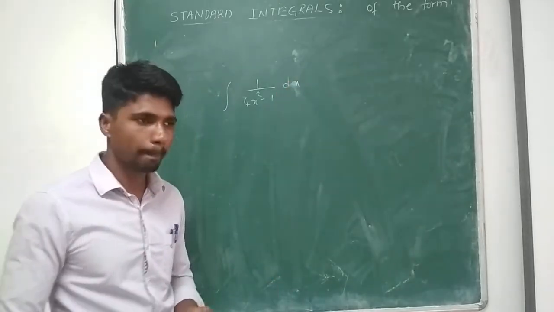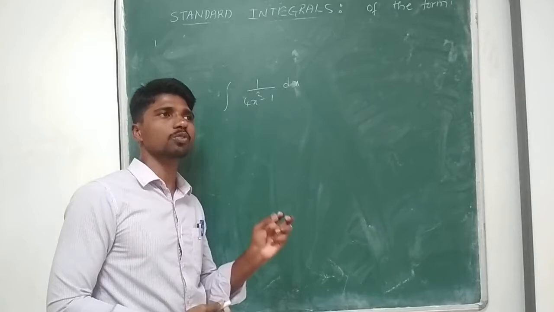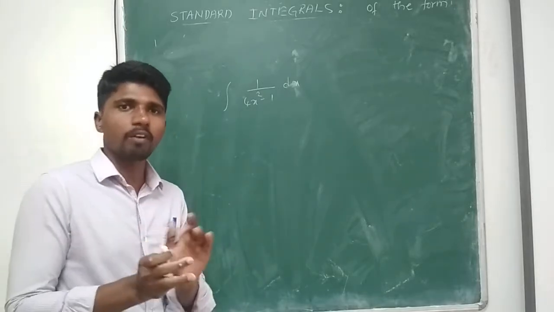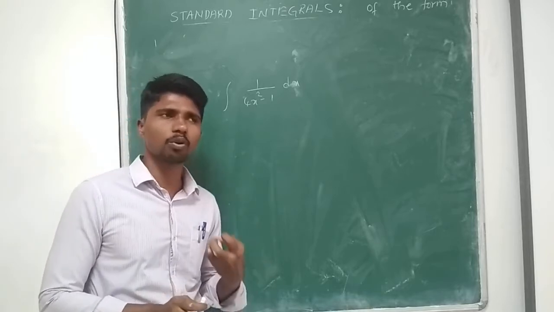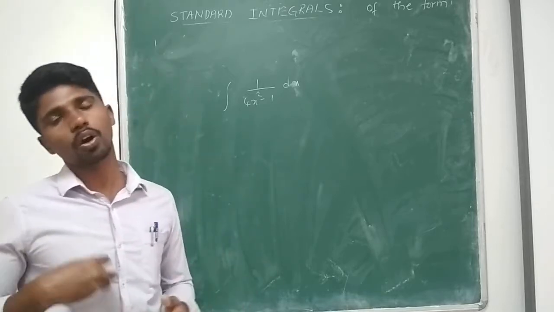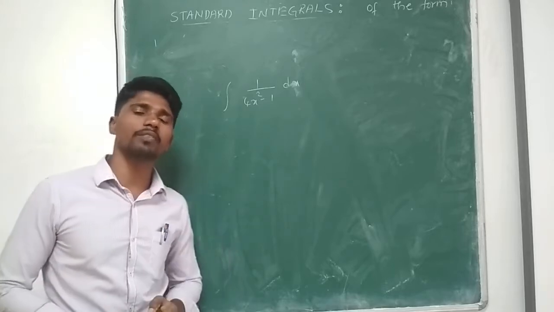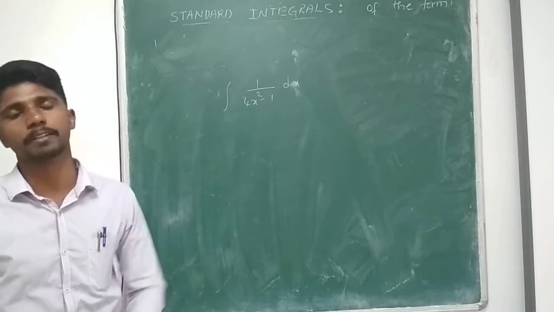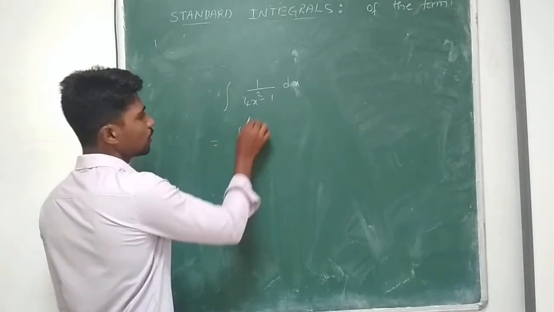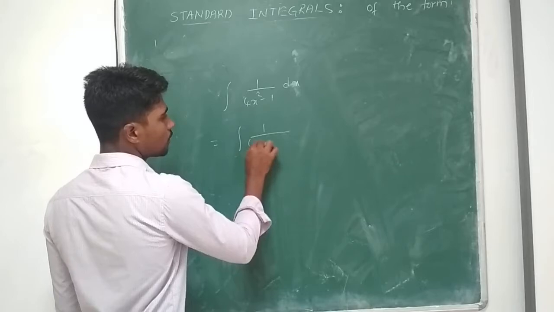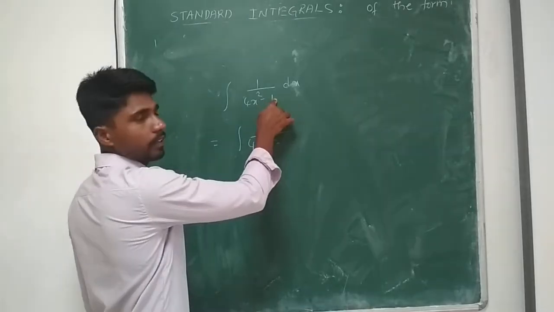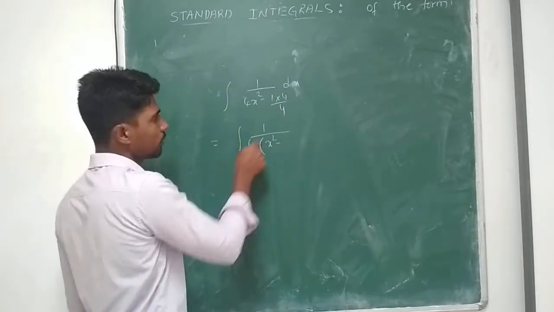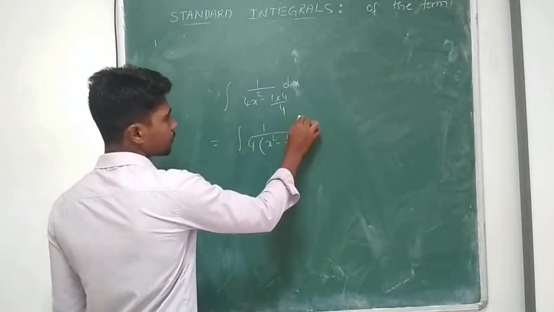We learned a formula which is in the form integral 1 by x square minus a square, so x square minus a constant whole square. In front of x square we don't have anything, meaning the quotient of x square is 1. Whenever we are solving the problems, the first and foremost thing we have to remember is to make the quotient of x square a constant. For that purpose, take 4 common in the denominator, 4 common from x square. I don't have 4 here, so I multiply and divide. This 4 came outside as a common factor, so it remains 1 by 4 dx.